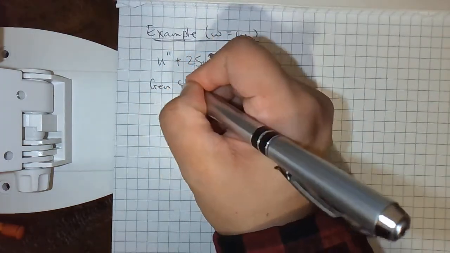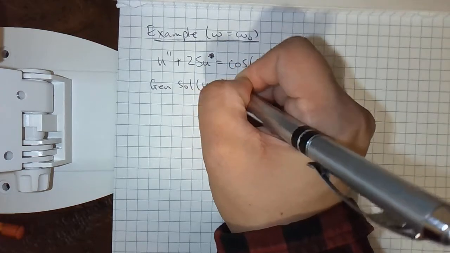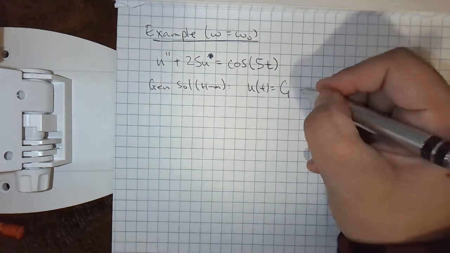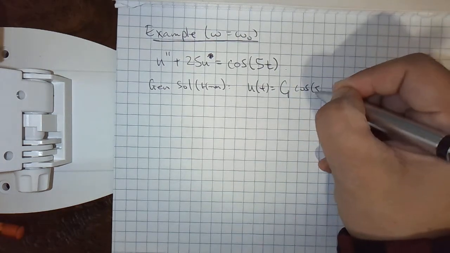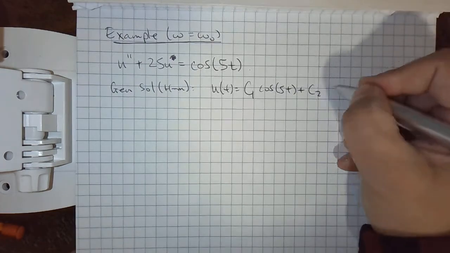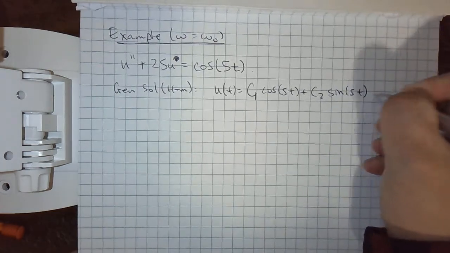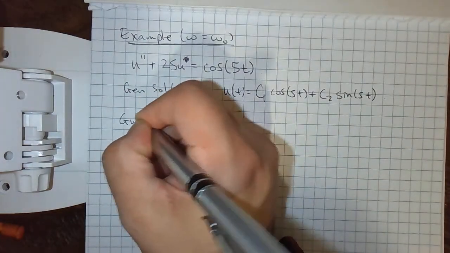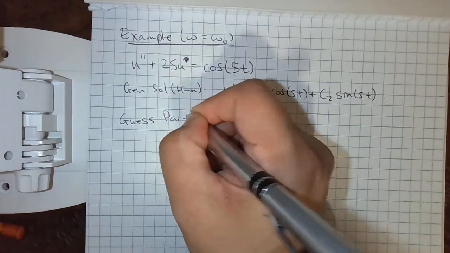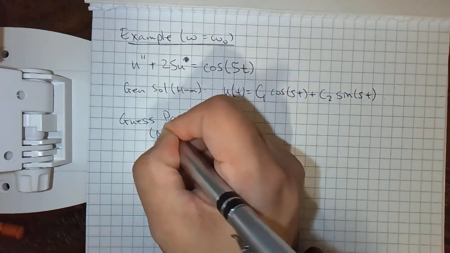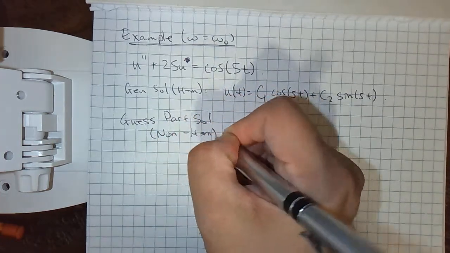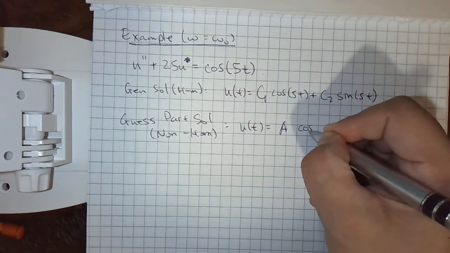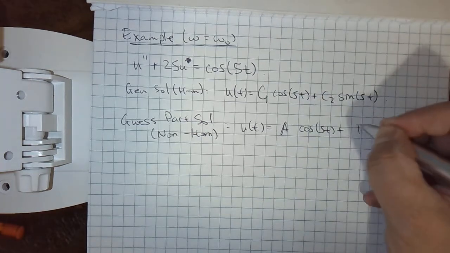Let's still quickly review. The general solution to the homogeneous case is the same as last time, so I'm just going to write that down. u equals c1 cosine 5t plus c2 sine 5t. If you've forgotten it, you can get it from the characteristic equation of the homogeneous differential equation. This time, when we guess a particular solution to the non-homogeneous case, which is the differential equation we're trying to solve, we try to do the same thing as before. We try to guess a cosine 5t plus b sine 5t,